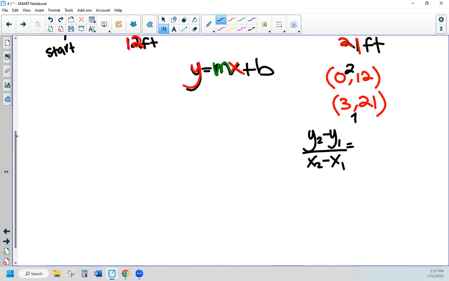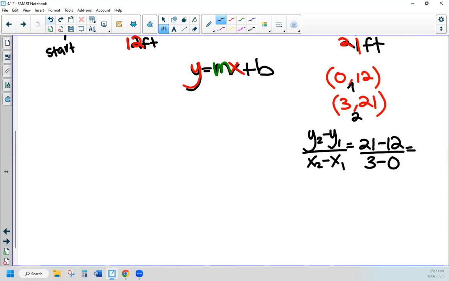Actually, now that I'm looking at these numbers, let me call this one 2 and this one 1. And you'll see why, because now I'm able to do 21 minus 12. I don't want to do 12 minus 21 and work with negative numbers. So 21 minus 12 and then 3 minus 0. Again, there's no wrong way. I could have selected point number 1 and point number 2 to be different,